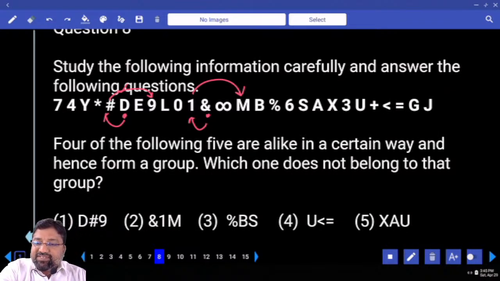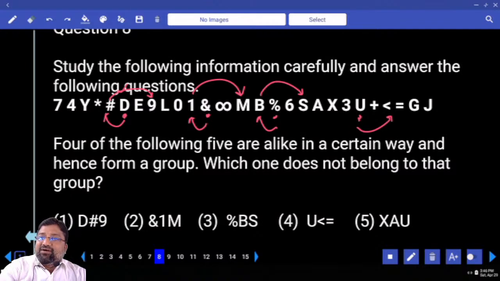Following the same rule or different rules? Same rule. Again, immediate left, from there you have to go to third right. This is also okay for us. But look at the fourth option. Starting from you are going to the right side. But we are supposed to go to the immediate left. So which option is my answer?